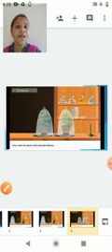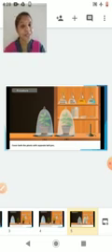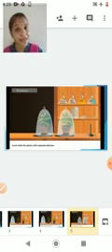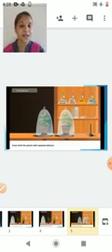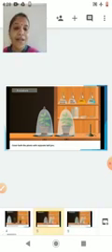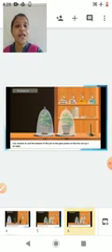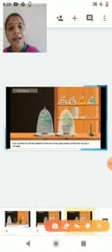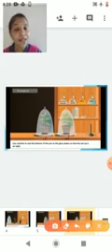Now, after I keep the potassium hydroxide in the plate containing my plant A, I am going to cover it with a bell jar. Can you see the jar? The shape of the jar is like a bell, so it is called a bell jar. Now, after covering it with the bell jar, in the next step, students, I am going to seal the ends of the plate and the bell jar by using Vaseline.